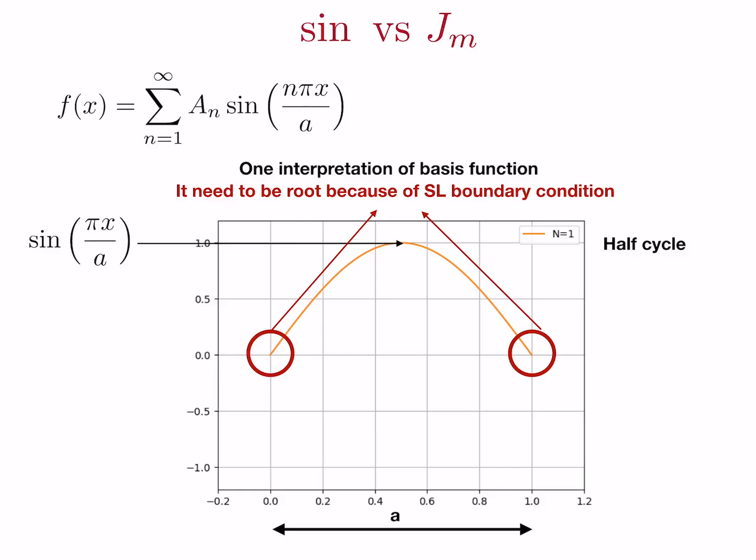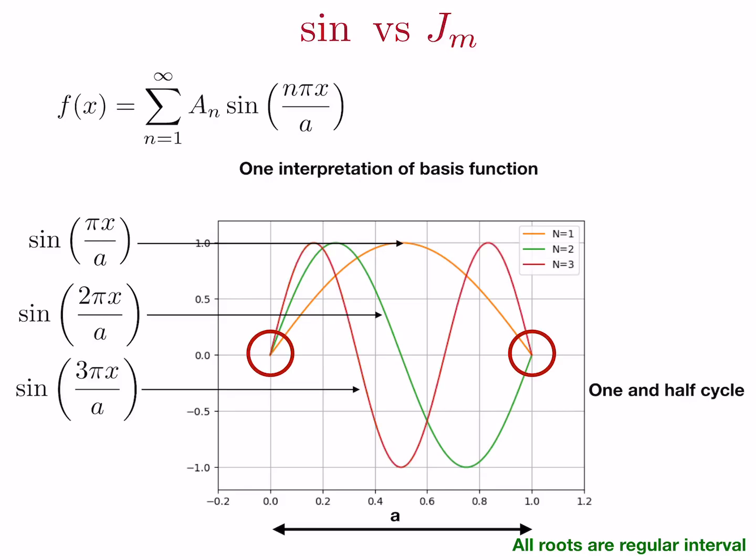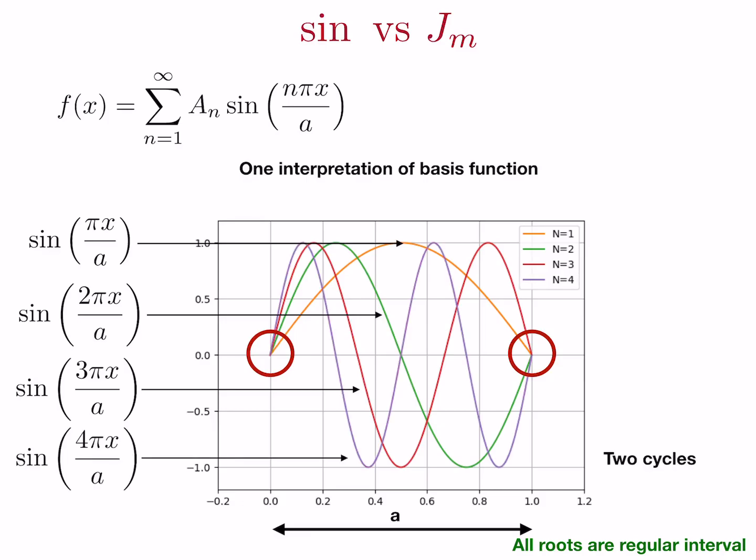Let's look at the second orthonormal function. When n is equal to 2, often we scale such that we have one full cycle in the interval 0 to a, and again it satisfies the condition that there are roots at both ends 0 and a. Same way we can continue for n is equal to 3. We have 1.5 cycles. Again, the boundary conditions are satisfied, and we can go on,